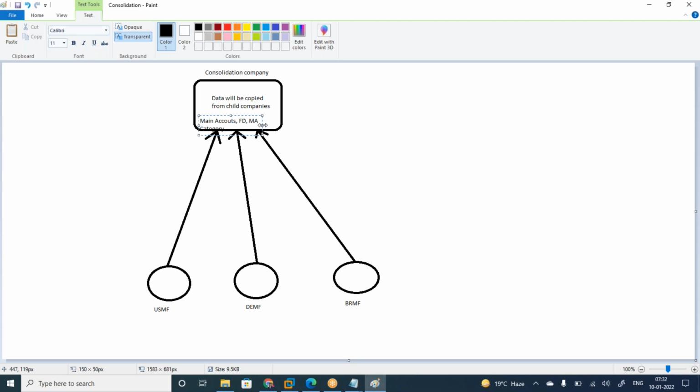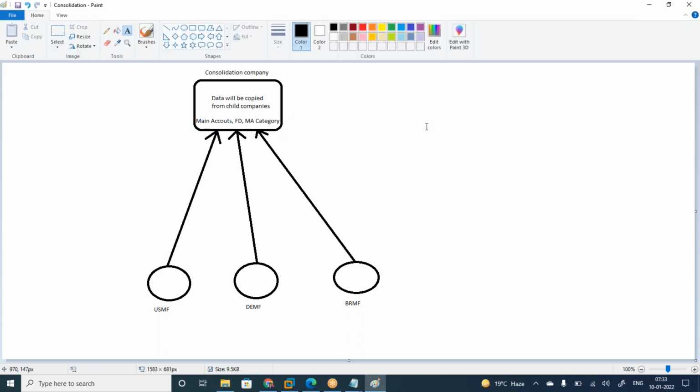Only these three will be copied. The remaining customer data, vendor data, and item data will not be copied.